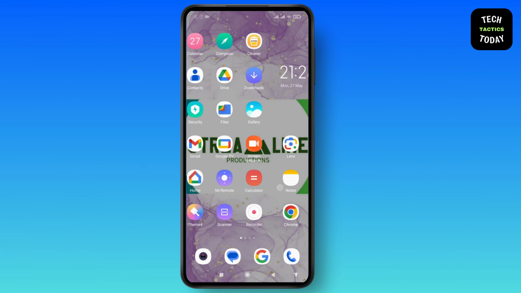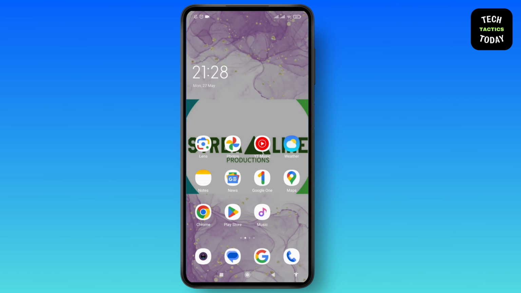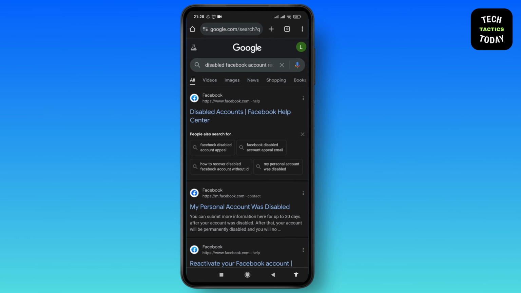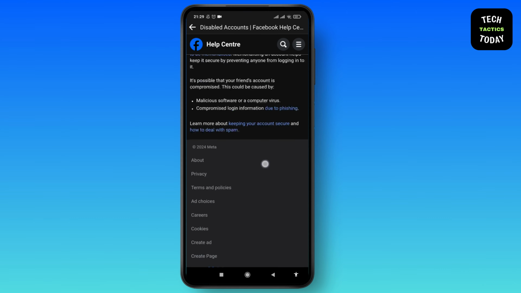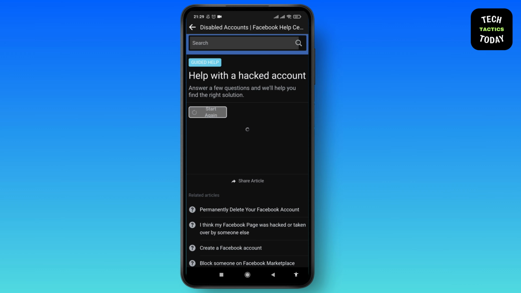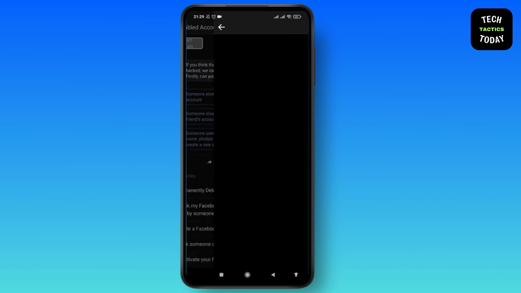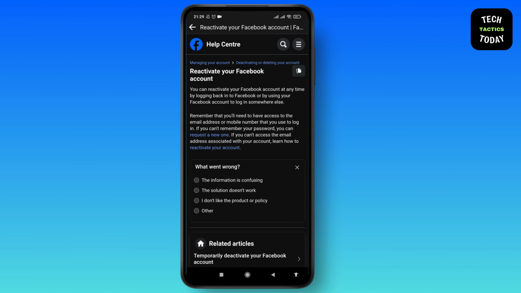If due to some reasons your Facebook has been disabled and you want to recover it back, then go to the internet browser. There, search for disabled Facebook account recovery and tap on this first link. Scroll down and tap on get started. Now scroll down and tap on any of the options. Now, was this helpful? Tap on no, tap on other,